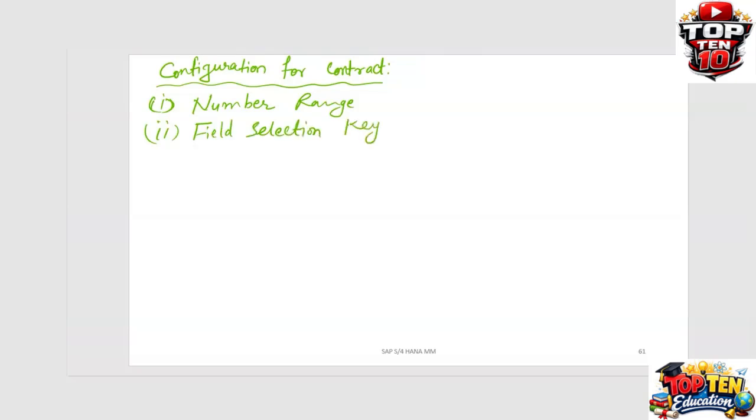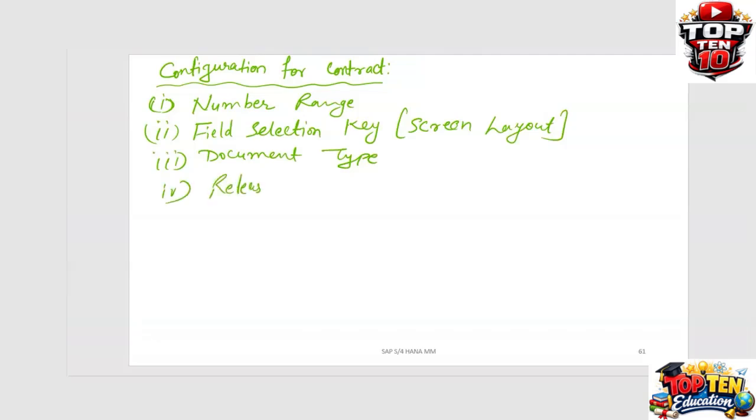Field selection key means screen layout. After that, document type. Then after this, release strategy.